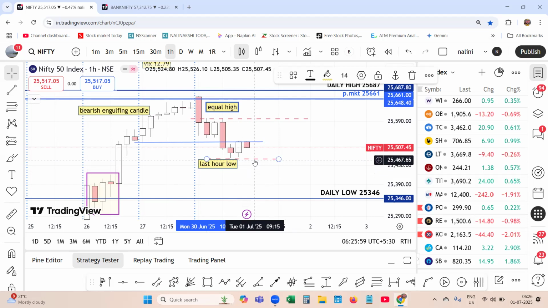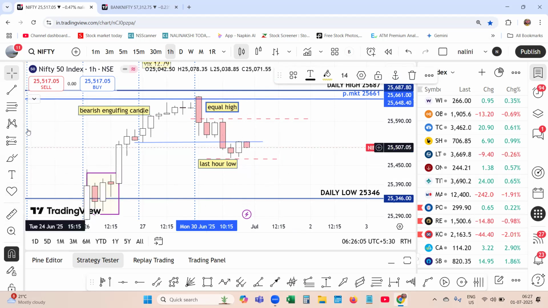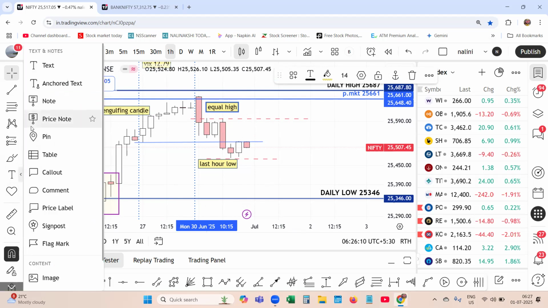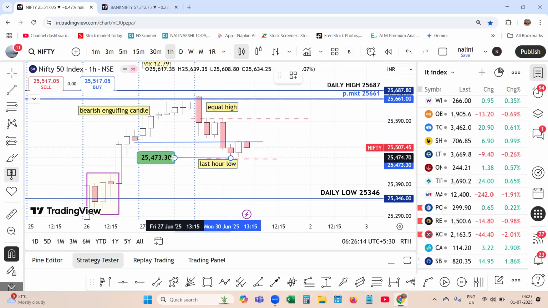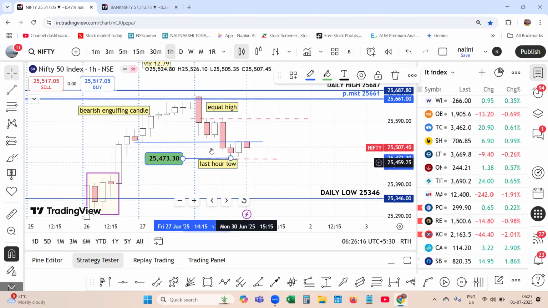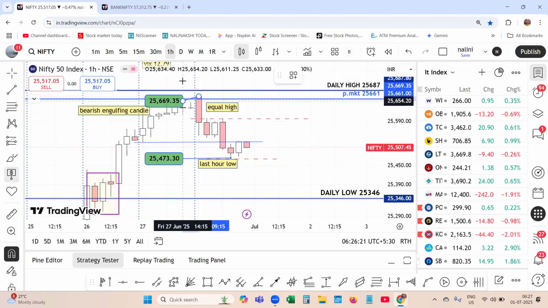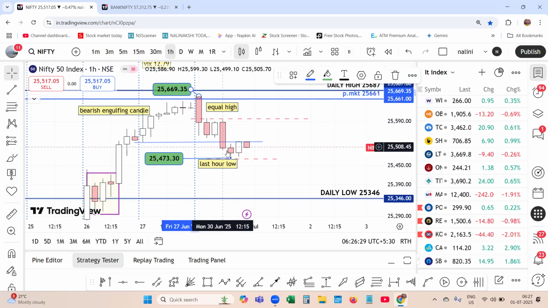Yesterday low is 25,473. Let me enable the magnet over here and take the price node; all of you should do this actually. 25,473, and if I place the cursor, that is 25,669. These are the two boundaries for